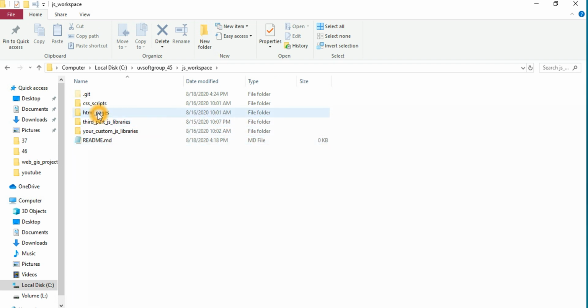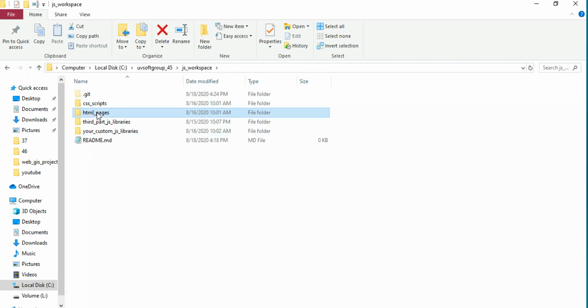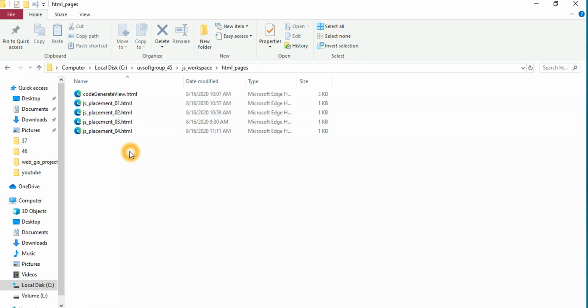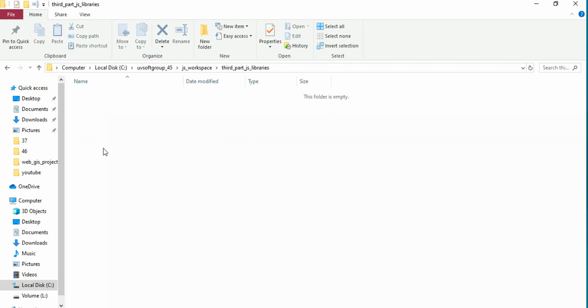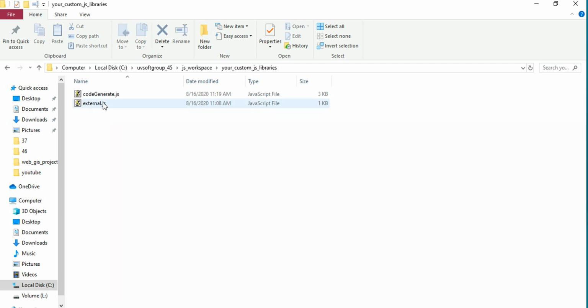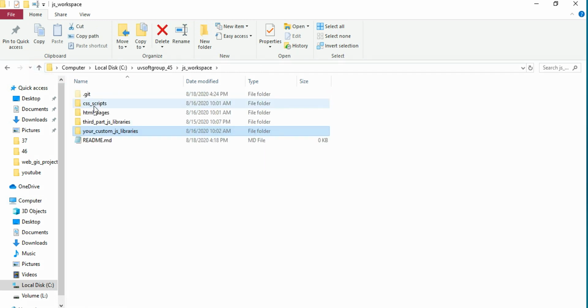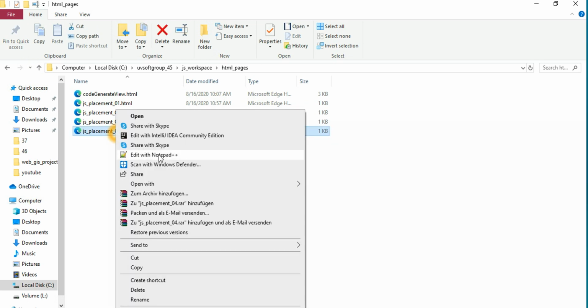So they have the design like this way, very simple HTML. You put it here, and then you have a very simple HTML page. We have already discussed loading this one, the code generation view, and then you have some third-party libraries. You can put them here, and then you have all your customized JavaScript libraries that you wrote. So we already wrote the customized JavaScript library. We didn't finish yet, but we wrote a very simple HTML page